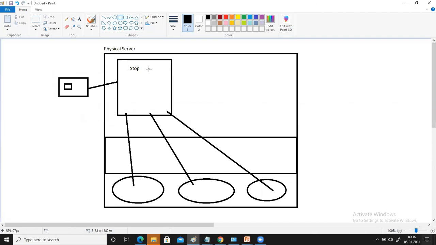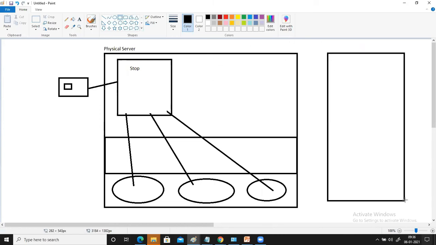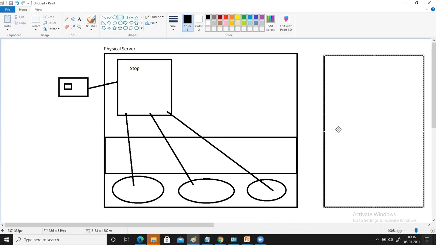So what happens when you start it again? The same storage is going to be attached, because your data is there, and that data is critical for you. When you start it again, it is going to connect to this storage, but the hardware resources can change. It can be from the same server or from a different physical server also. It can reboot into this server, or into another physical server, wherever it gets the available resources, right?